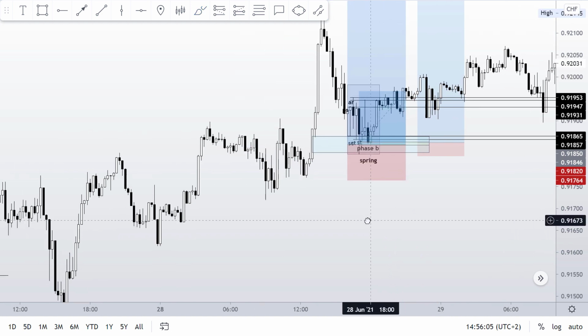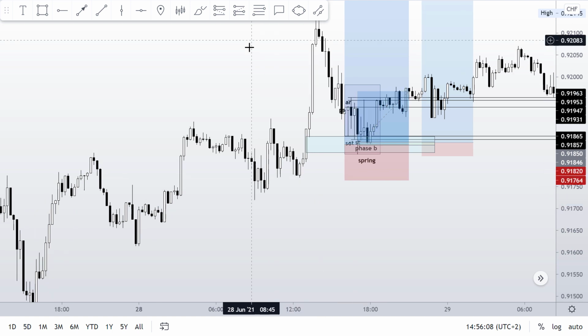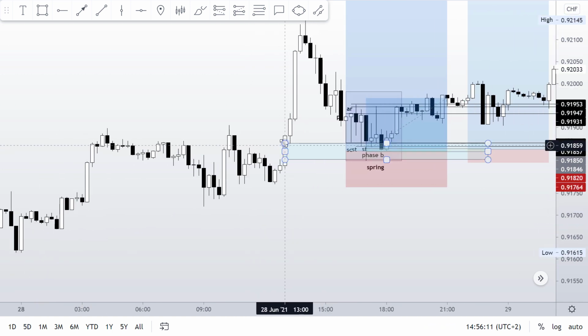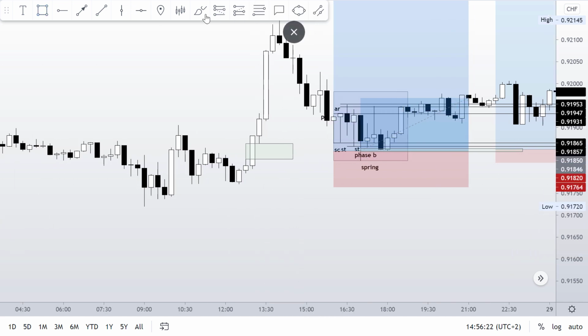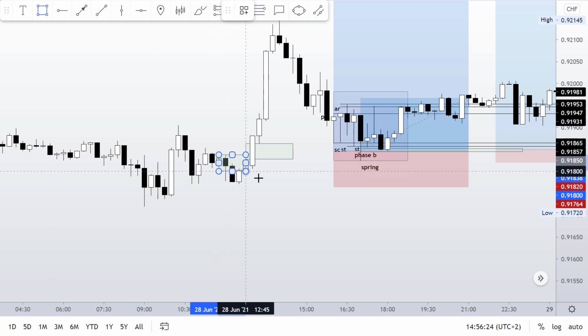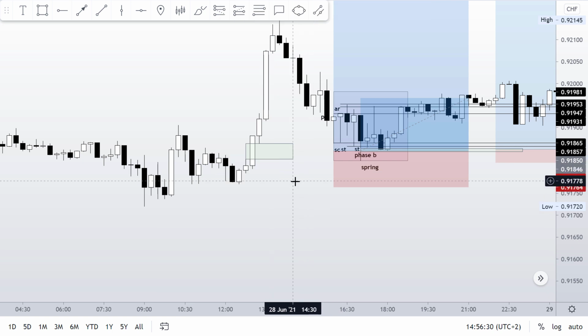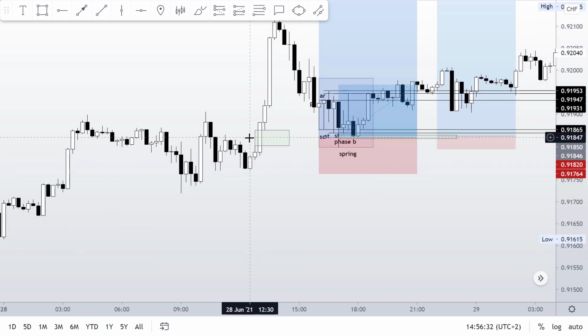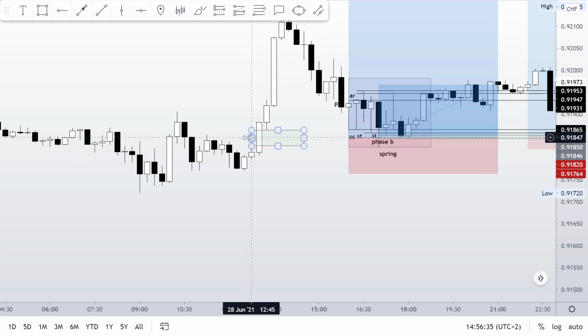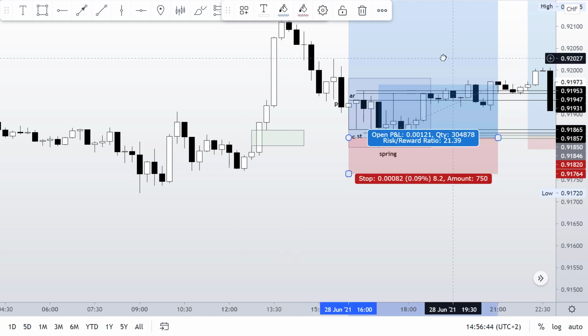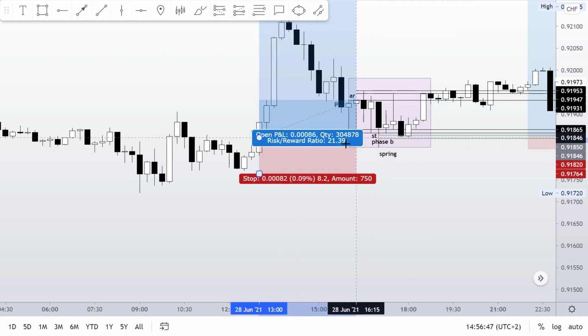So what I did here, I had two orders. One of the orders was placed immediately on the 15-minute chart. As you can see, we identified this imbalance, and let me delete this one so you can see in real time we expected price to come back and retest this order block. This is one order block, those two candlesticks right here. My entry could have been a bit better, but I was afraid of missing out, so I placed my pending order in the middle of this imbalance, which happens to be almost the high of this order block. And this was this trade right here, which I'm going to move exactly right here.